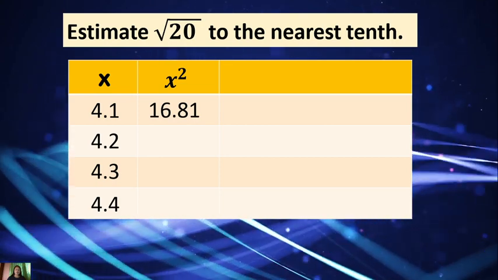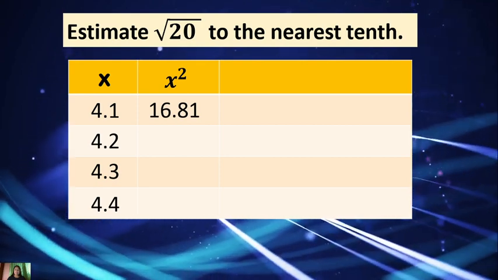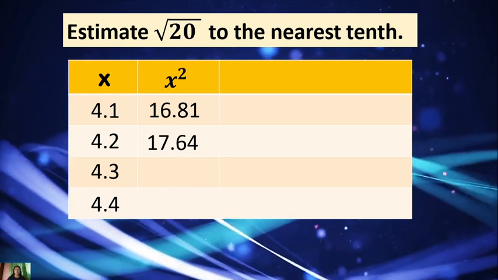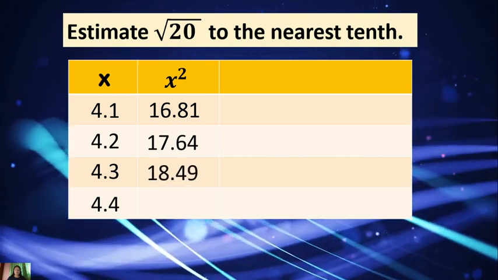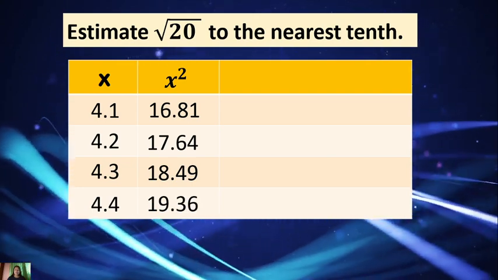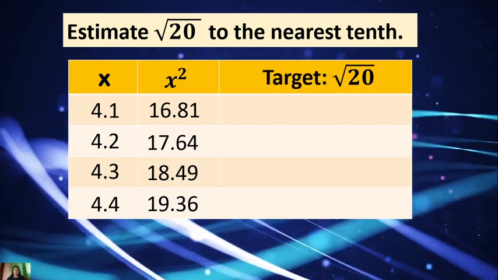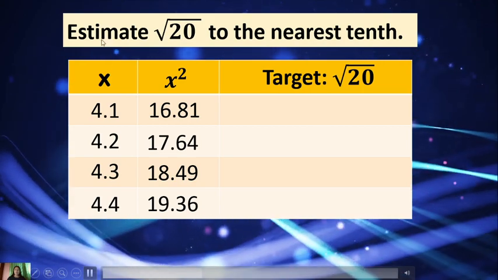So try to solve that in your scratch paper if it is 16.81. The square of 4.2 is 17.64. The square of 4.3 is 18.49. And the square of 4.4 is 19.36. Take note that our target is 20. The given radical is square root of 20. And we all know that